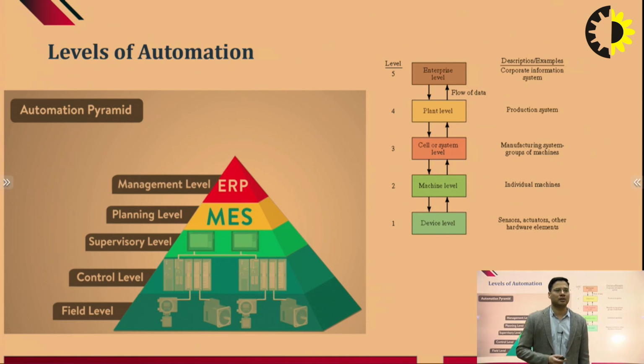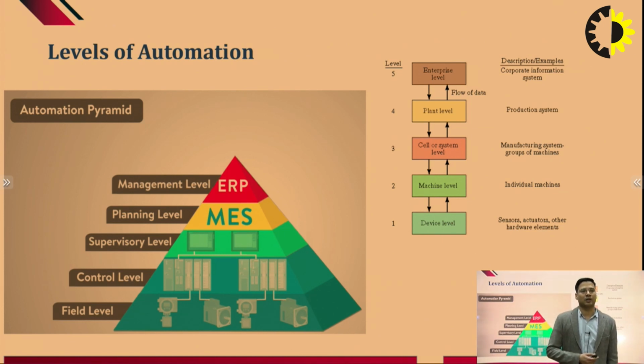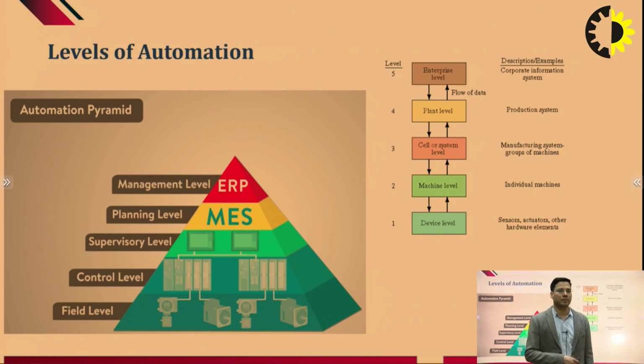This is one of the complex parts which we try to understand: when automation is implemented into the field devices, this is known as field level. When the automation is implemented in any cell or production cell, or on individual machines, it is known as machine level. At times it is also known as control level. But when a group of machines are controlled or categorized under automation, this is known as cell type of automation, or system level of automation.